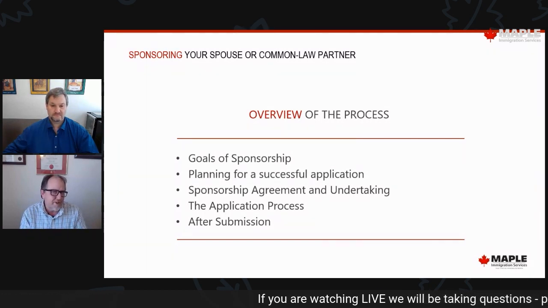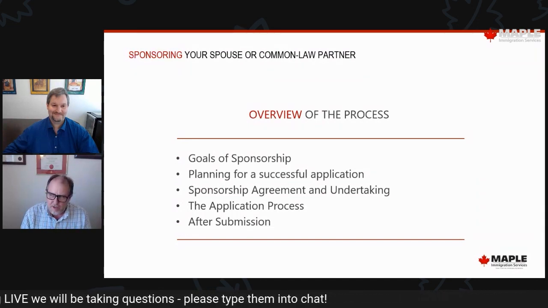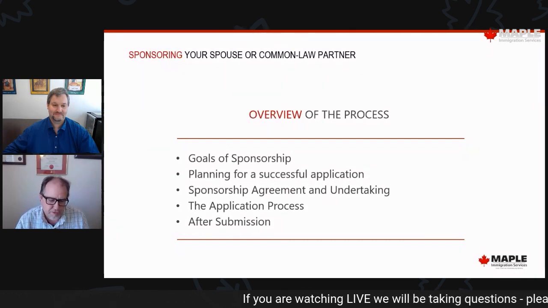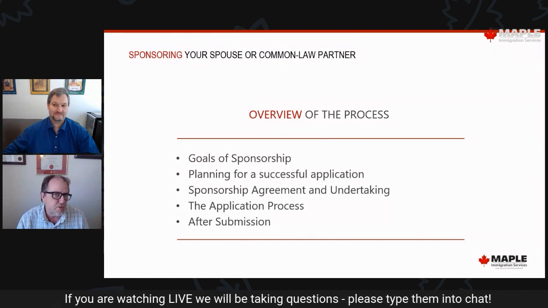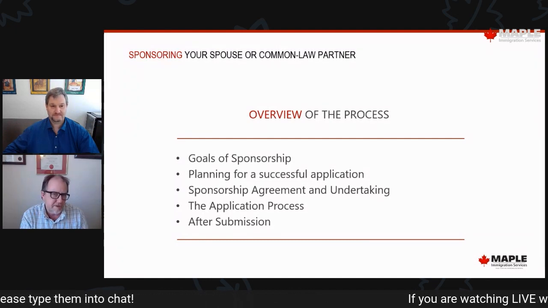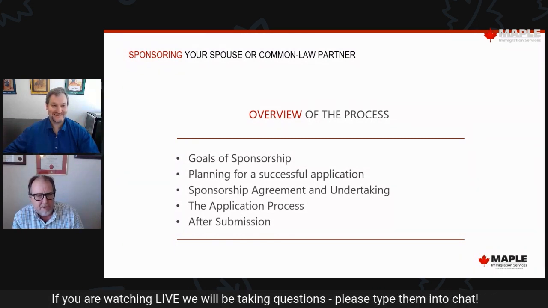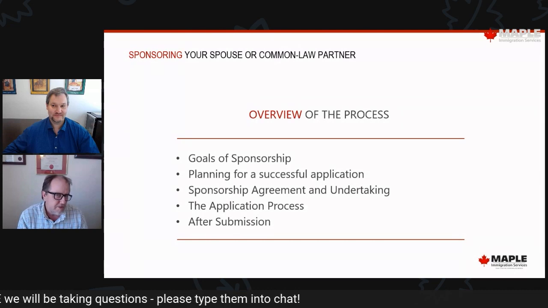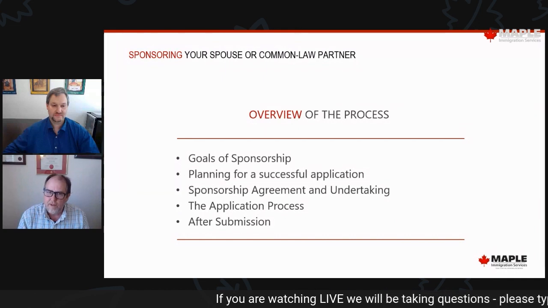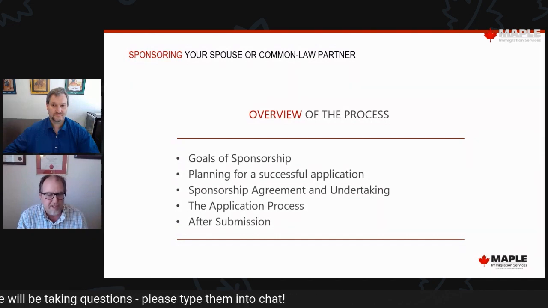That doesn't mean that your partner can just stay at home and you're going to pay them to stay at home and all that. It just means that you're agreeing that if for some reason the applicant, the new PR, has to go on some sort of social assistance, that you will make sure that all gets paid back. Basically, you're saying that you're taking care of them for 3 years, hopefully forever. But it's a financial undertaking, and it's a binding agreement. No matter what happens, if you get divorced or break up within those 3 years, you are still responsible for your partner's or spouse's basic financial needs, or the necessities of life.